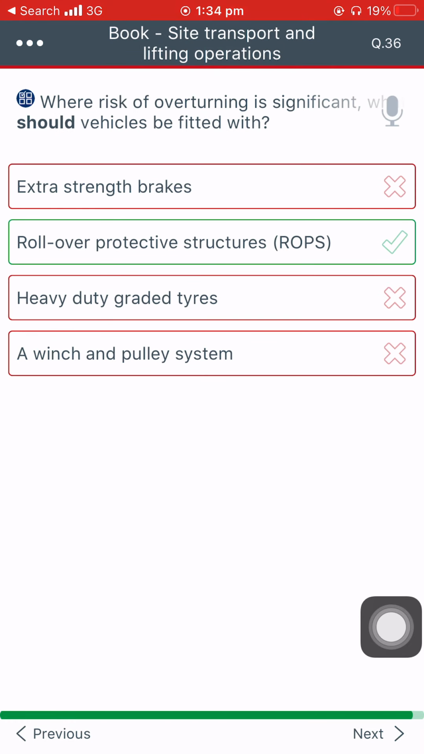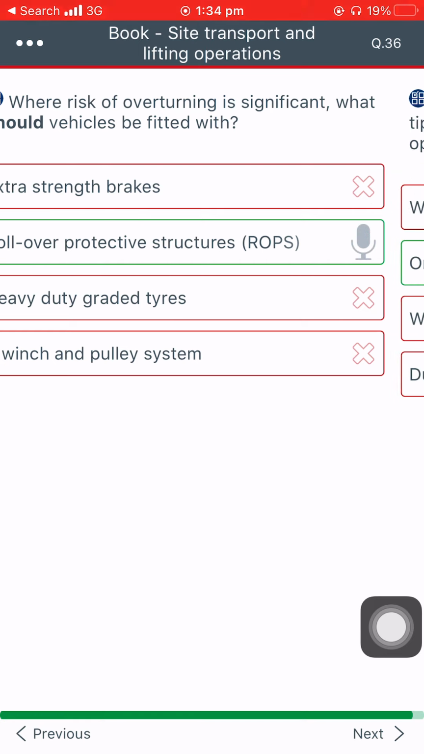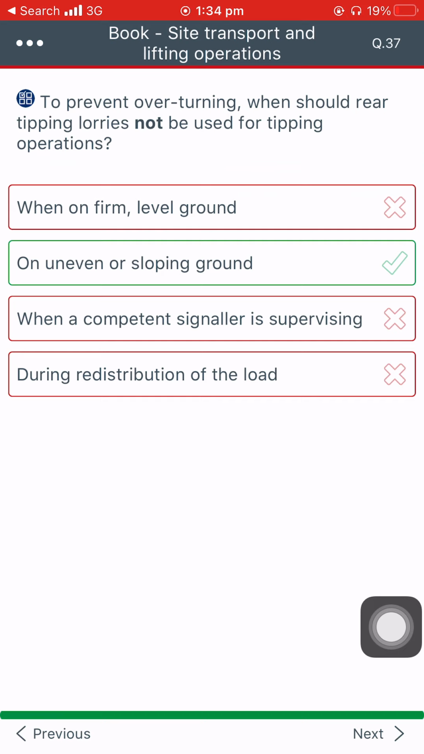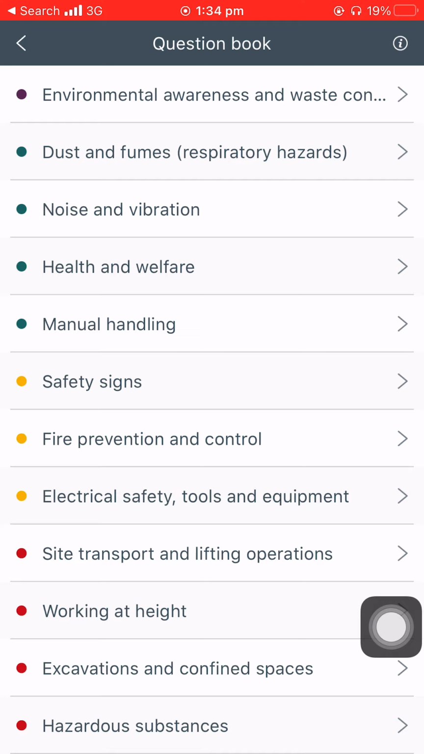Where risk of overturning is significant, what should vehicles be fitted with? Extra strength brakes. Rollover protective structures, ROPS. To prevent overturning, when should rear tipping lorries not be used for tipping operations? When on firm, level ground. On uneven or sloping ground. When a competent signaller is. To prevent overturning,